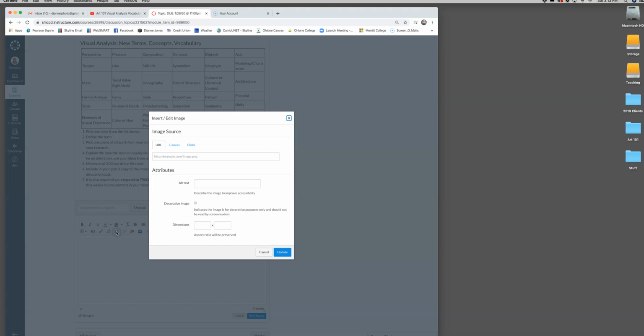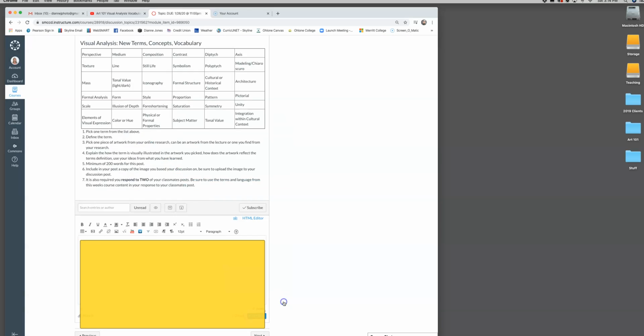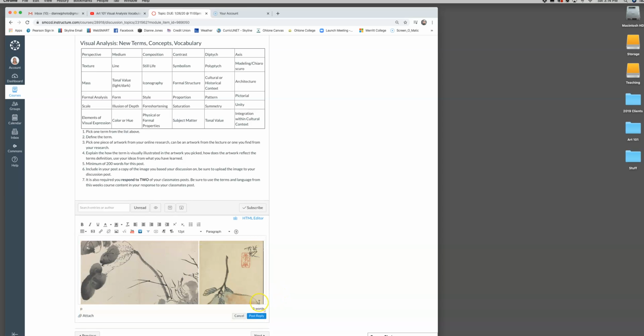So I'm going to go ahead and embed my image. I go to my files, excuse me. And then you'll see your Art 101 folder and you can click on your image. You might have to wait a second. It's always best to get the dimensions loaded and then you know that you can press update and you'll have